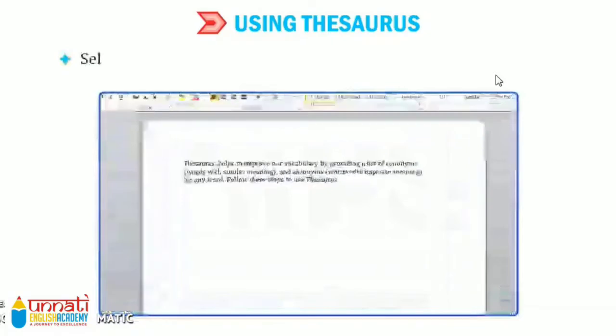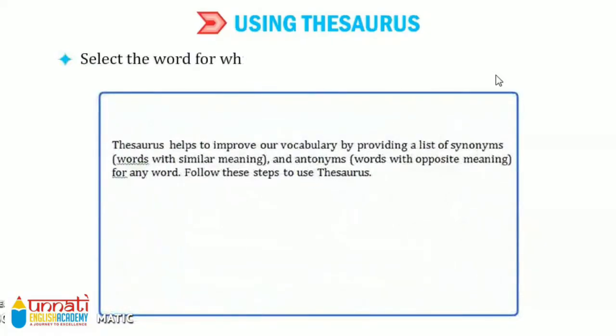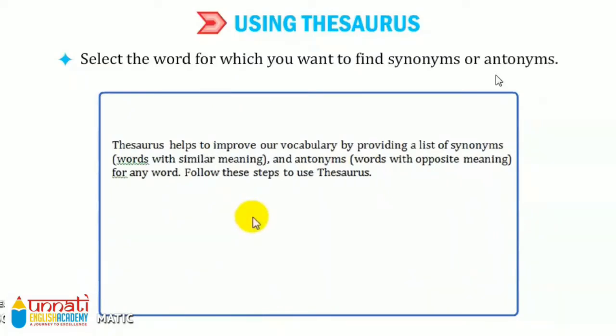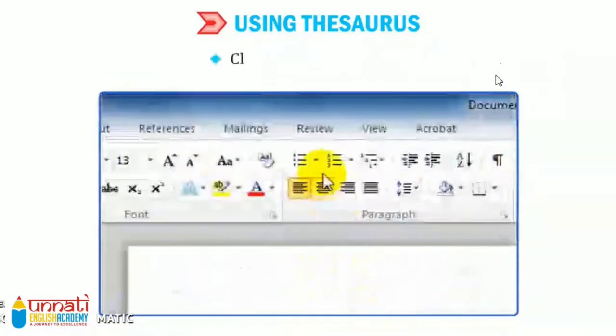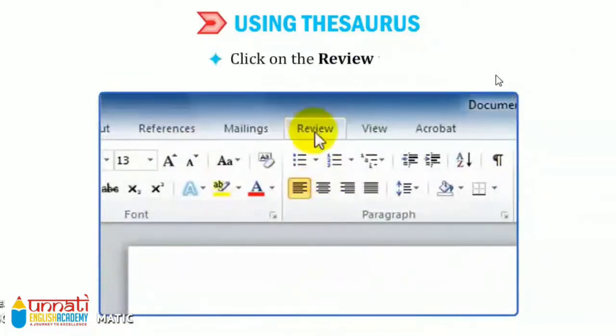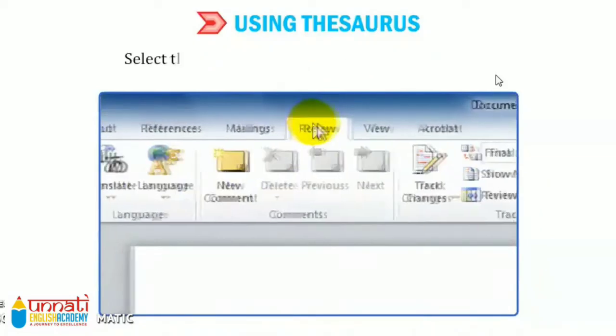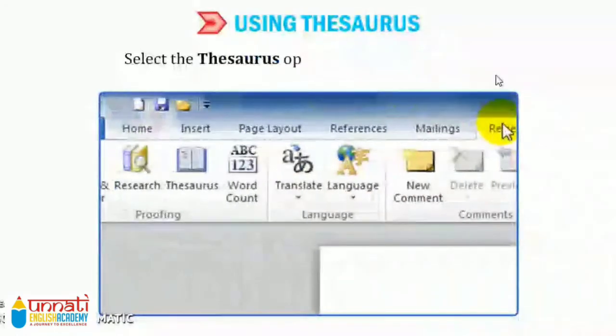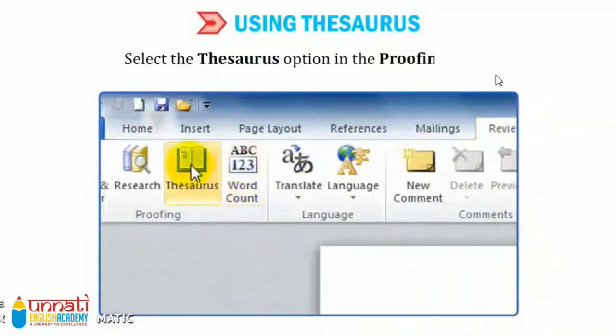Okay, as shown in figure, I have written few text. Now, click on the Review tab and select the Thesaurus option in the proofing group.